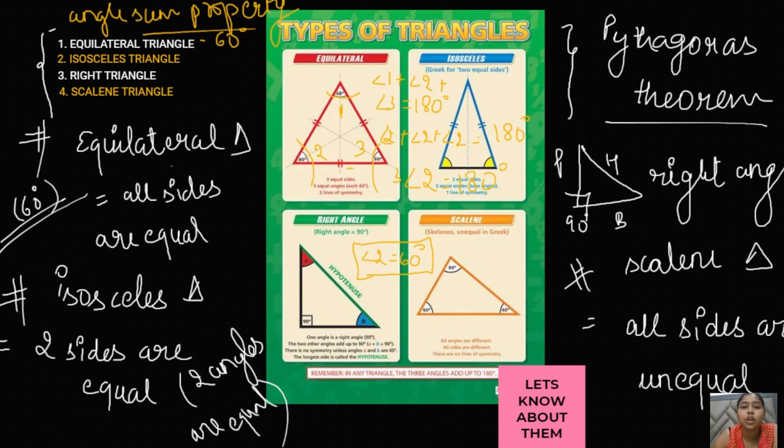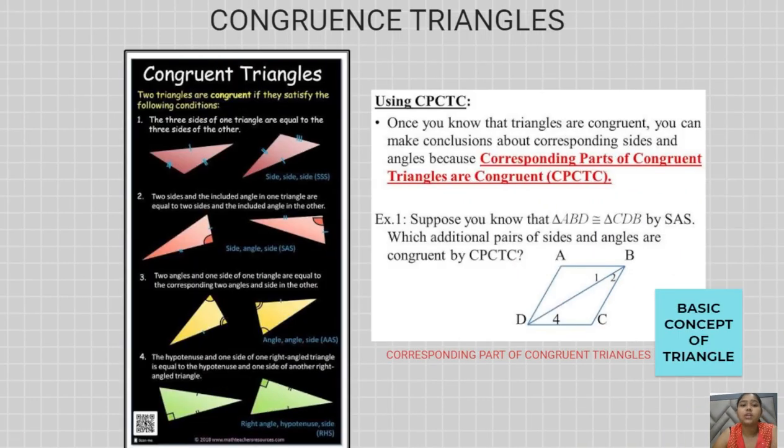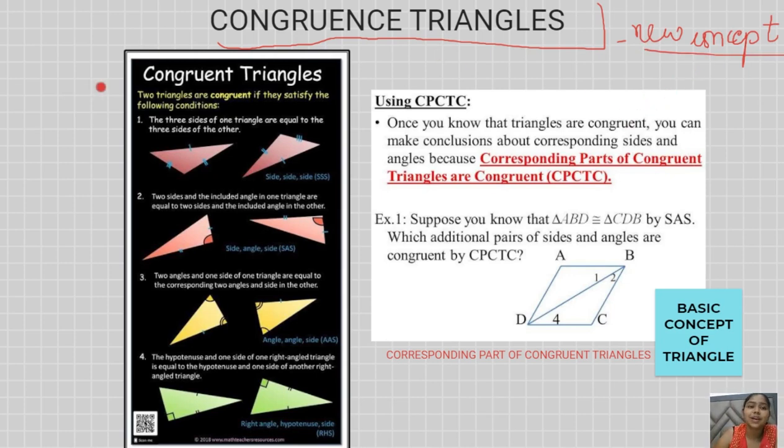So we need to link the geometry and all the chapters of mathematics so that we can easily go through them, right? So our next thing is congruency. Basically, what is congruency of triangles? This is a very new concept for you. You don't know anything about similarity and congruency. Similarity you will understand in class 10th sessions, but in class 9th you just have to know what congruent triangles are, how triangles are congruent, and what the CPCT term is.